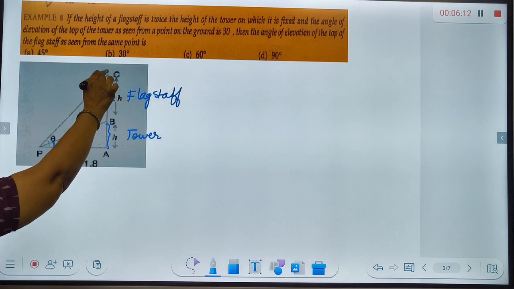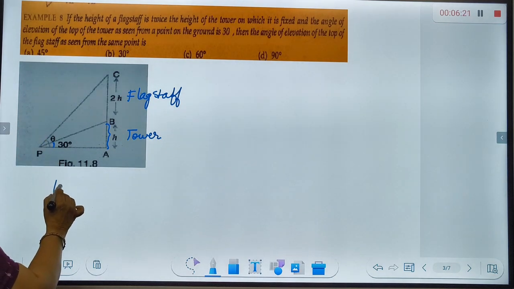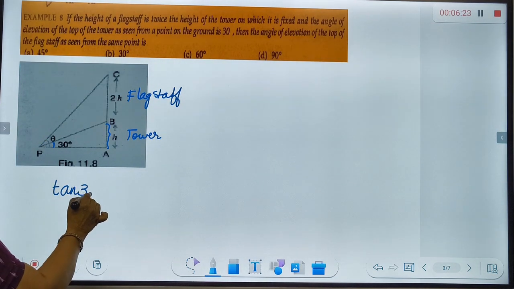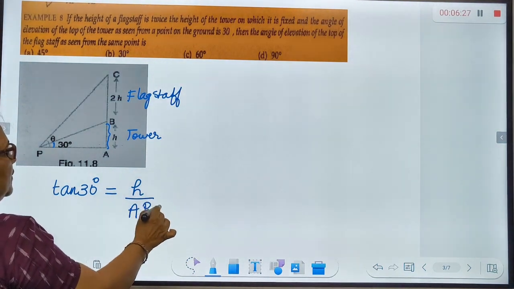And the angle of elevation of the top of the flagstaff is theta. Then you have to find the value of theta. Okay, so let us use the given information. Tan 30